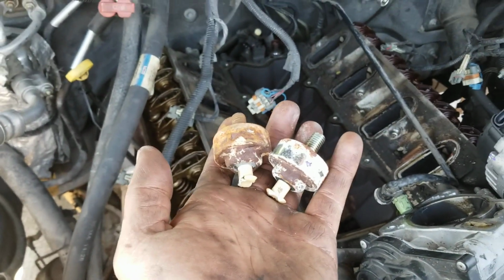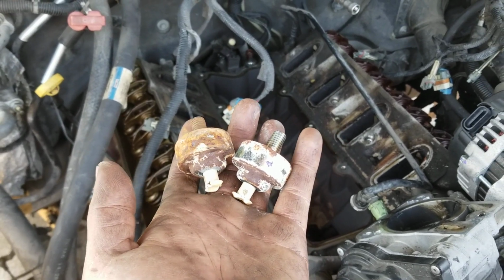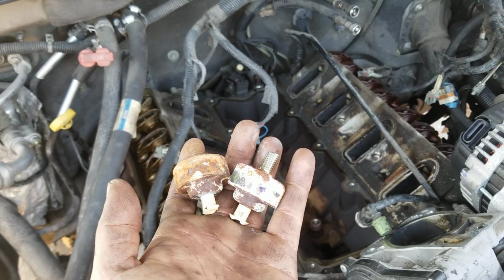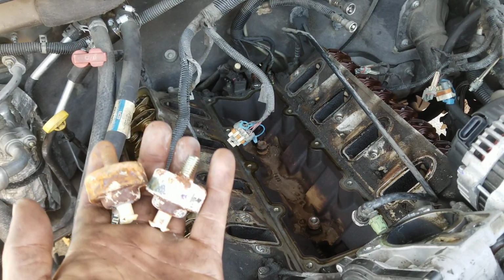The newer style 5.3s and 6.0s have these knock sensors on the side of the block. They're really simple to change, but on the earlier style, they're buried underneath the intake. So